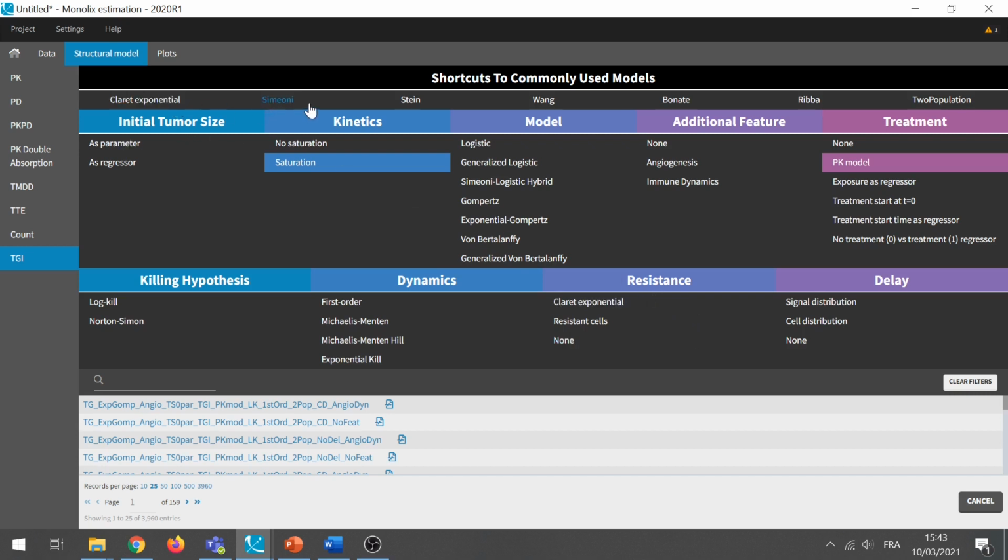On the top, there is also a short list of full models from the literature that can be useful as well. So models from this library can be used to easily test different hypotheses on some tumor growth data, and it can also be convenient to use them as a basis to derive more complex models when needed, for example, to take into account combinations of therapies. The library also provides some flexibility for what kind of data is used, with different options for the initial tumor size and the treatment that I will also detail later.